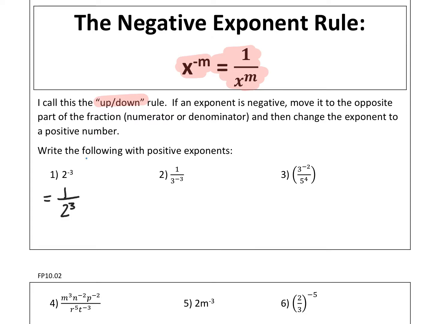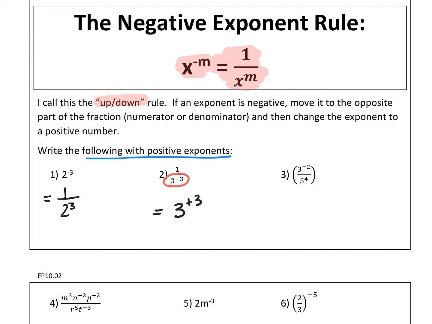All this is asking me to do is write with positive exponents. I don't need to evaluate it, just leave it as positive exponents. Here, 3 to the negative 3 in the bottom, so I move it to the top, and it becomes 3 to the positive 3. In number 3,